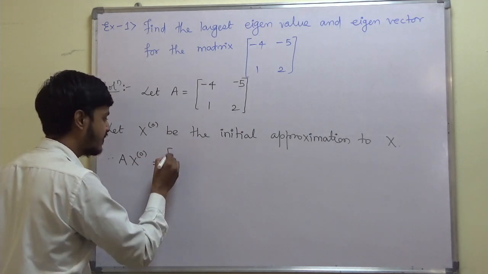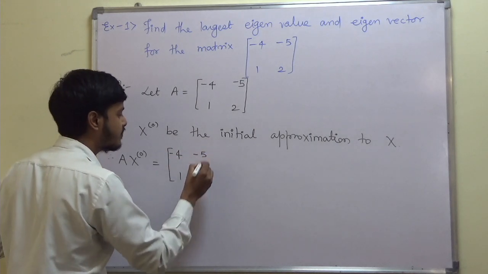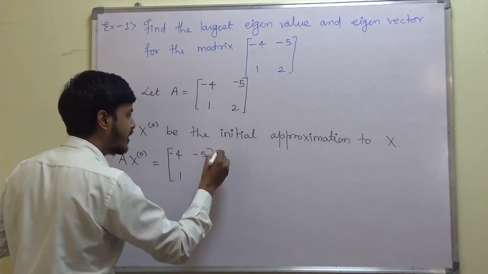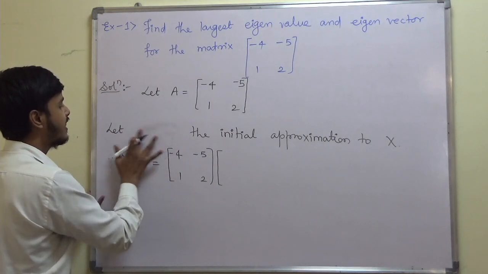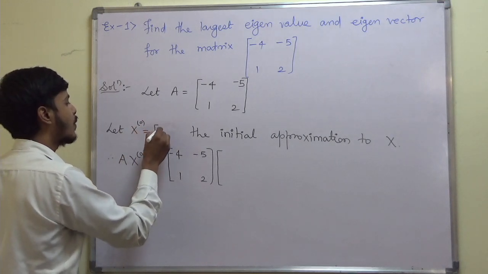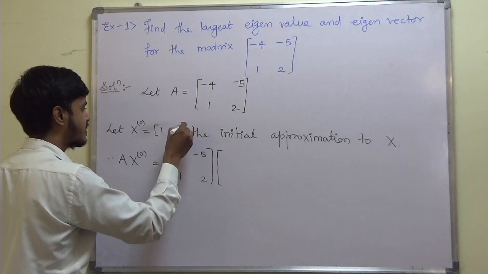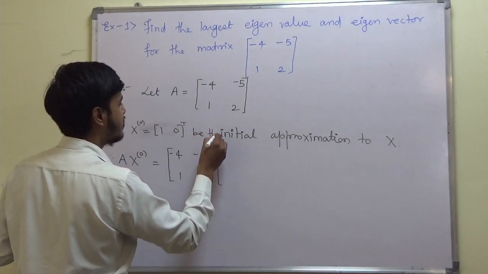So what we have the matrix minus 4 1 minus 5 2 operating on, what is this x0? This x0, we have to remember this x0 is nothing but 1 0 transpose, and this be the initial